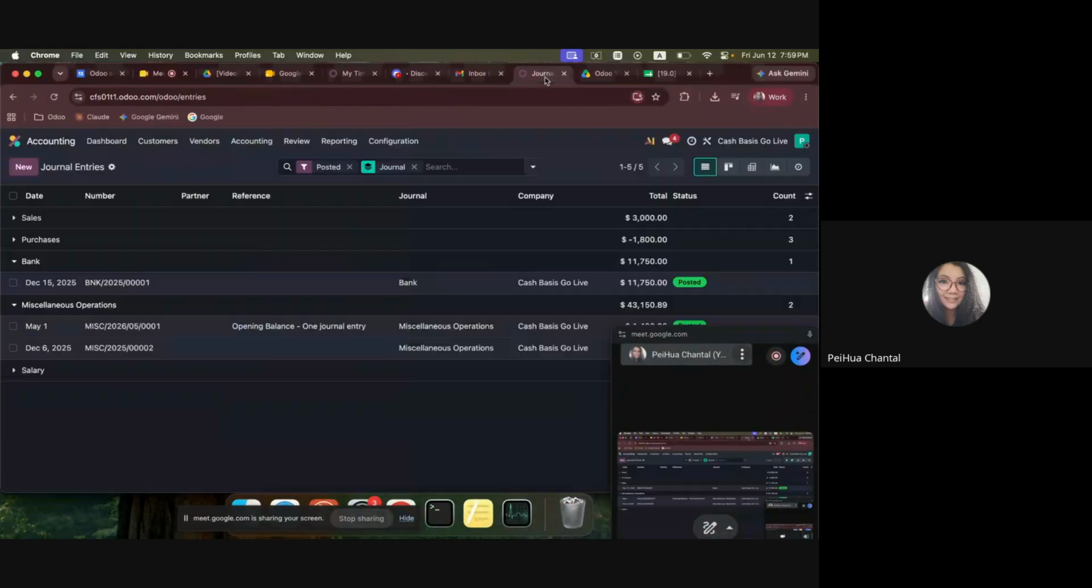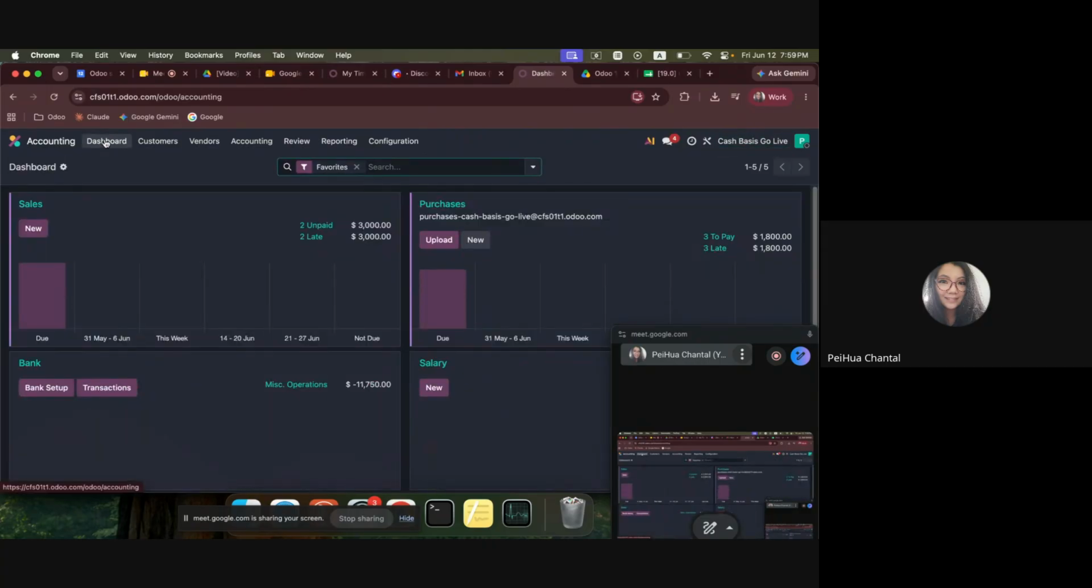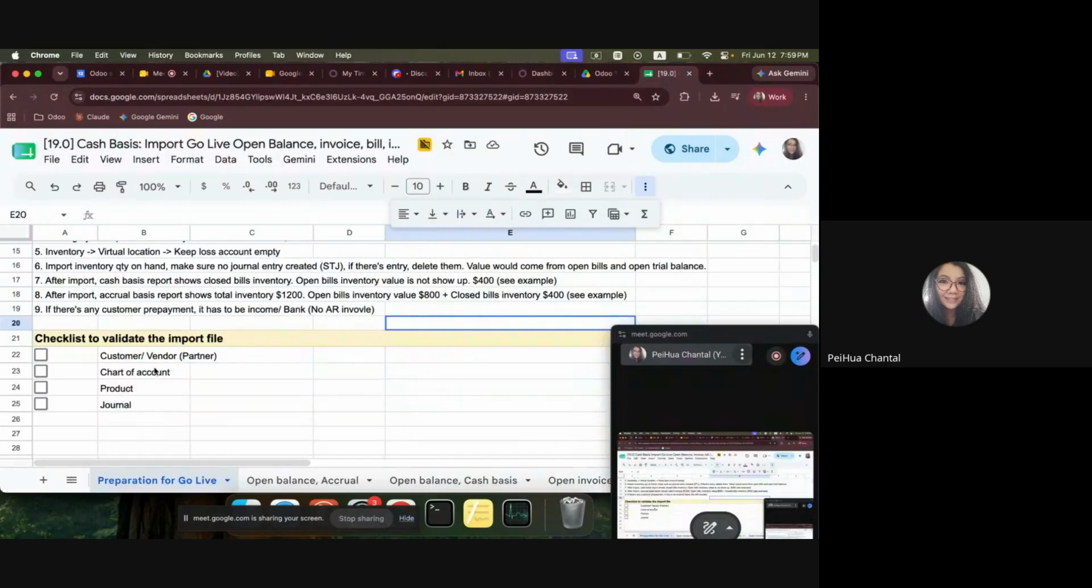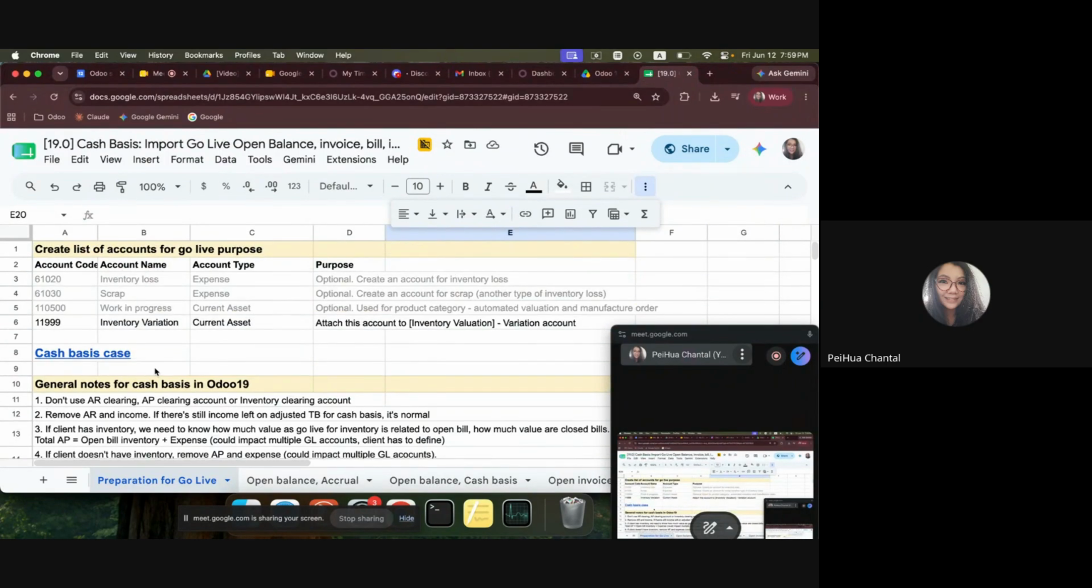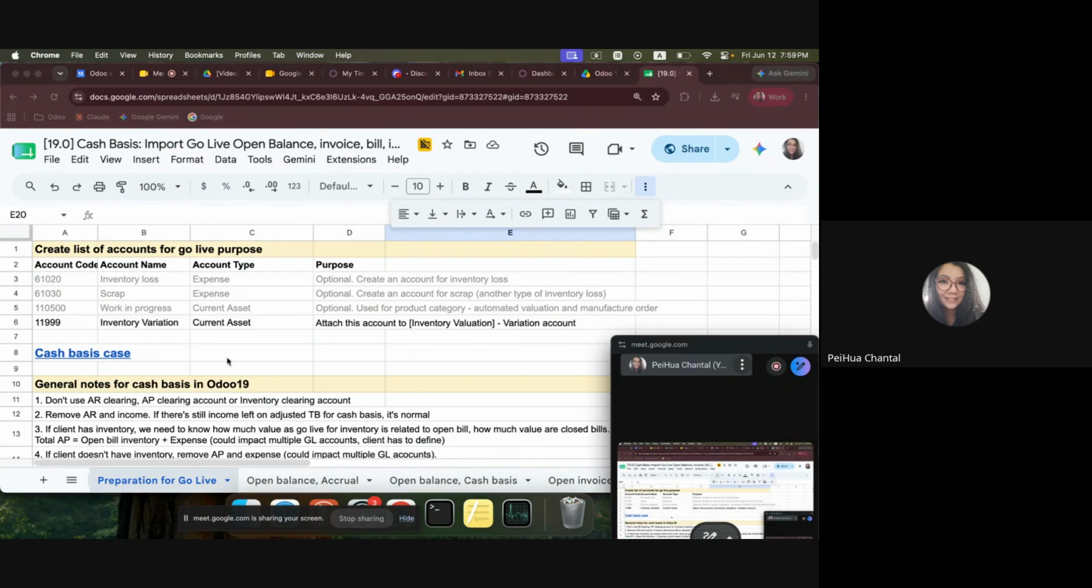Hello, this is the video for Odoo 19 cash basis go live. The process is already done, but I want to show you the Excel sheet, the input process to the final result. So from the preparation for Odoo 19, assuming this cash basis go live is including inventory, we'll probably just create